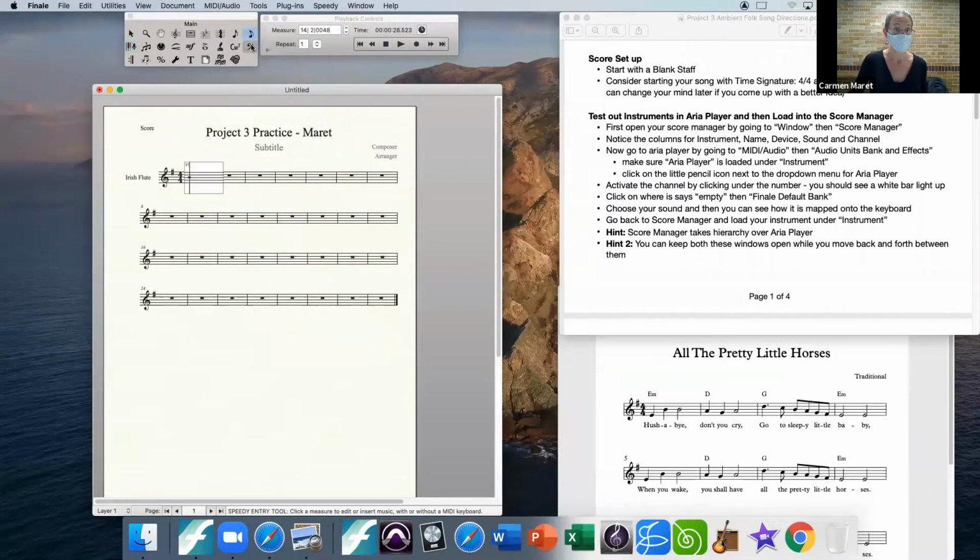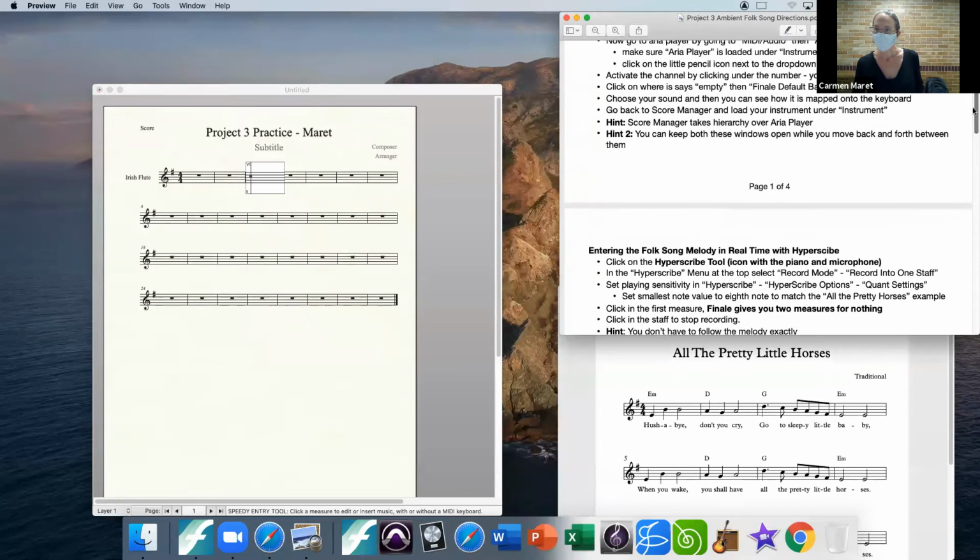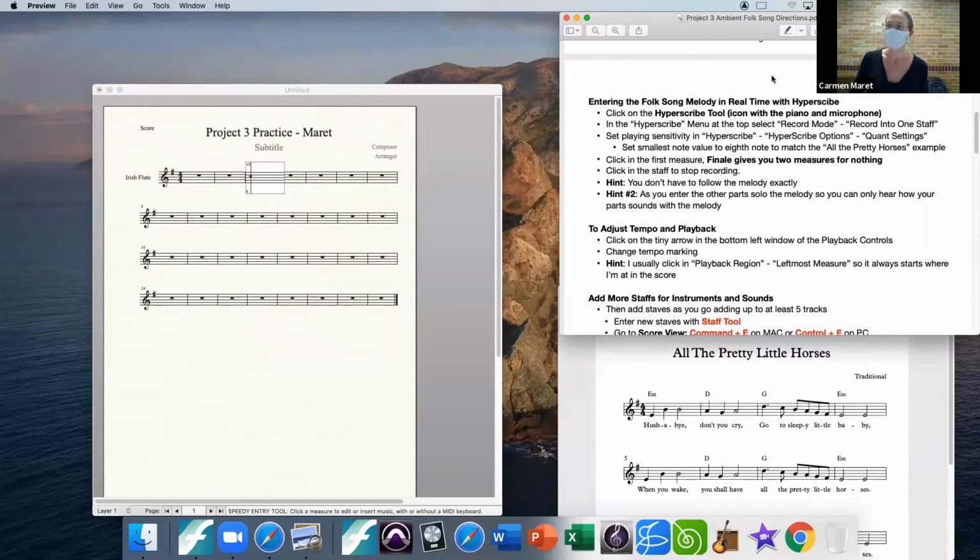And now if I go into Speedy, I can just check and just make sure it's working. Yay, my flute's working. That's always good when it works. Great, so in this project, rather than selecting quarter notes and half notes and all that, we're going to enter